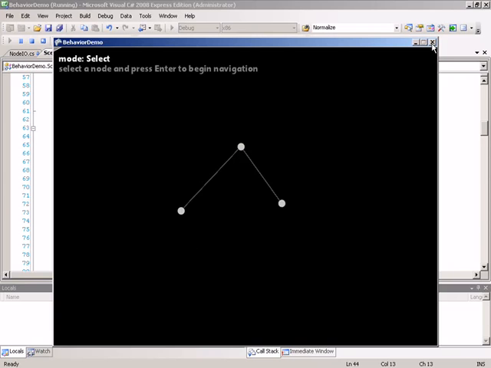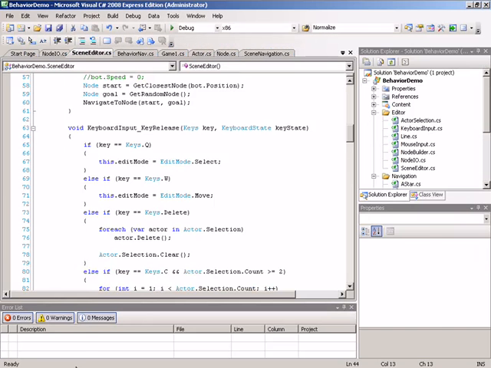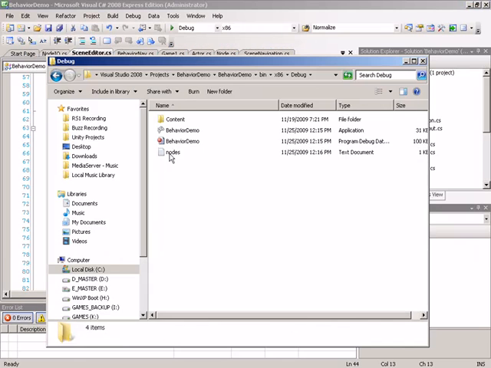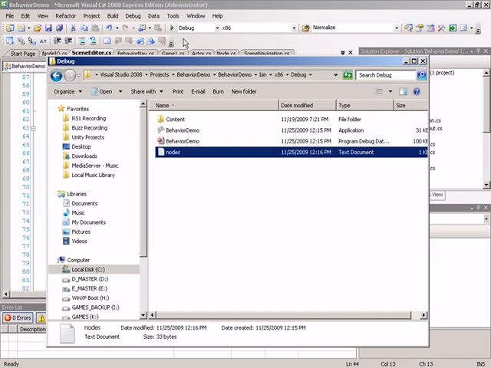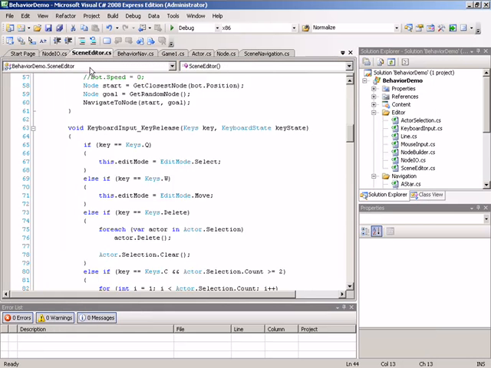nodes in place. Now we can once again close out the game, bring up our files here, and load up nodes. We can see that we have only 3 N lines with various positions assigned. So we do see that we are now able to save positional information. This now brings us to the next half of what we need to do in order to save out our